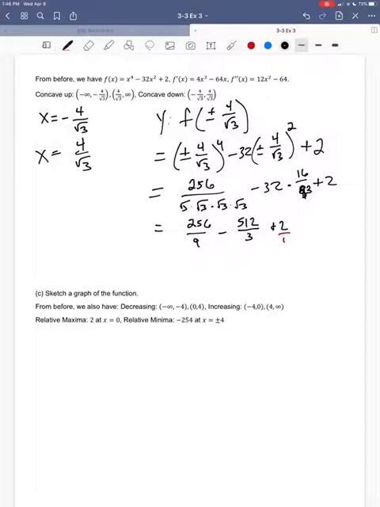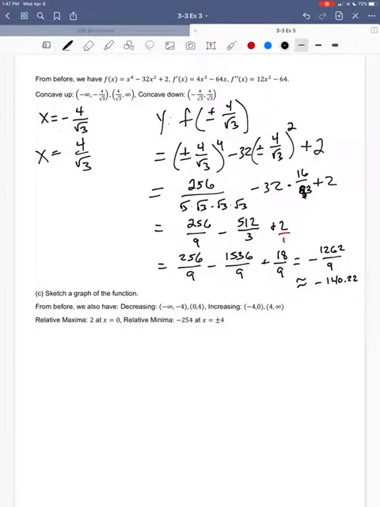And if I change to denominators of 9, I get 256 over 9. Multiply top and bottom by 3. I get 1536 over 9. Multiply top and bottom by 9 here. I get 18 over 9. So when I combine this together, I get negative 1262 over 9, which is approximately negative